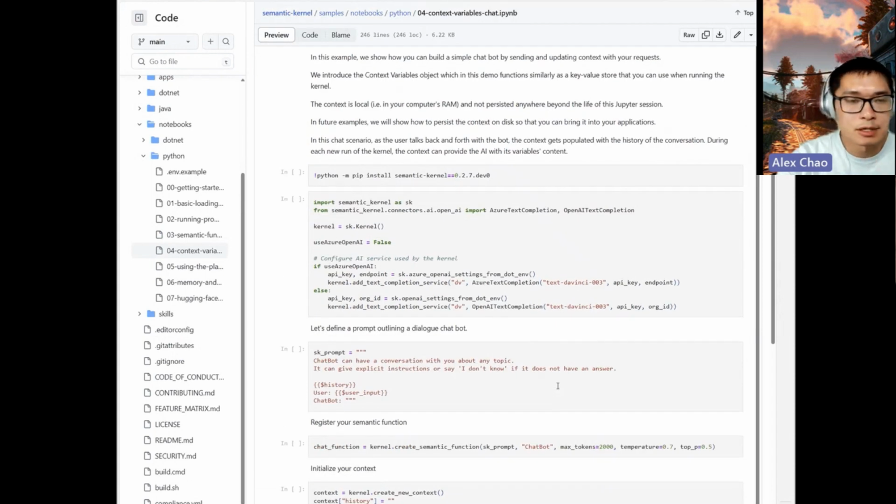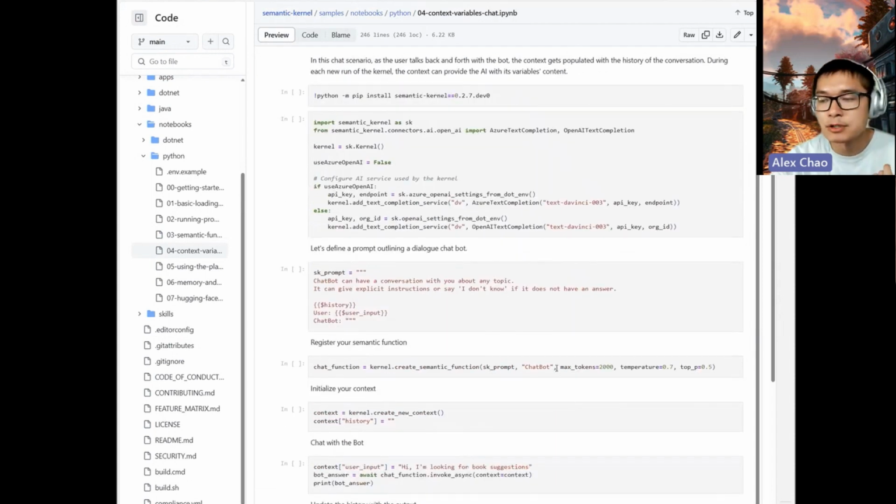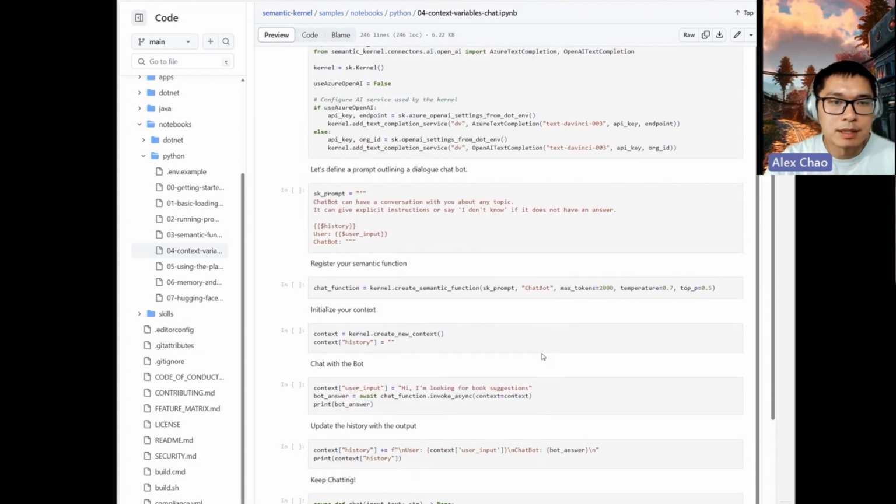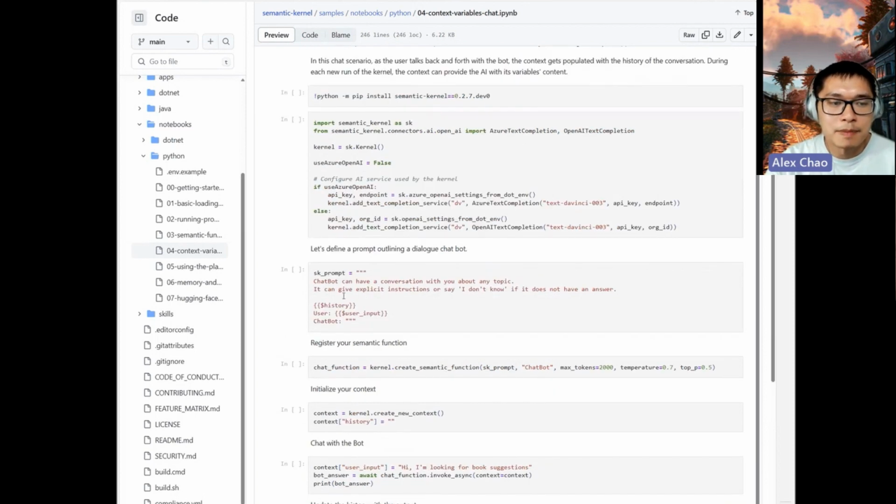Memory is what I'll look at after this. But a context variable, just think of it like a dictionary, a key-value store. In this notebook, I show how you can simulate a chat experience,